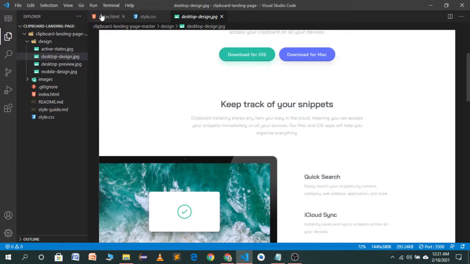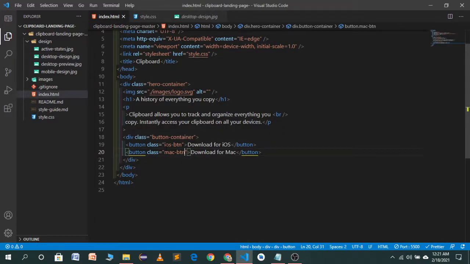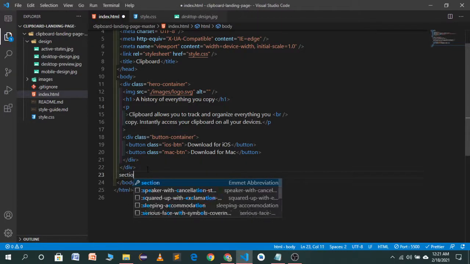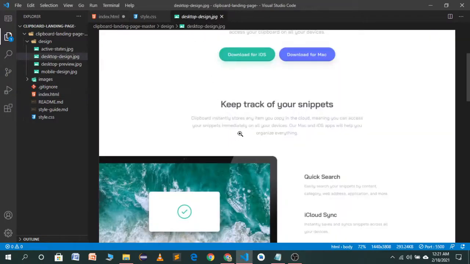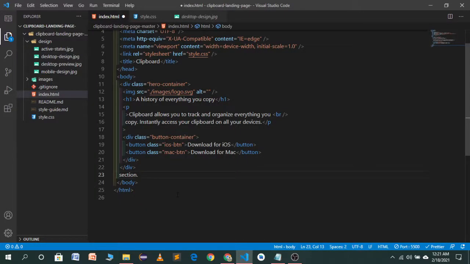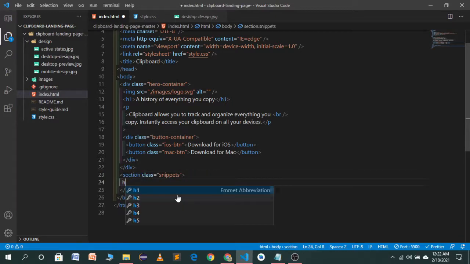Now I will create a second section. First we have a hero container, and it is ending here. So now we use a section, we'll name it snippets section, dot snippets, and in this we have a heading and a paragraph.